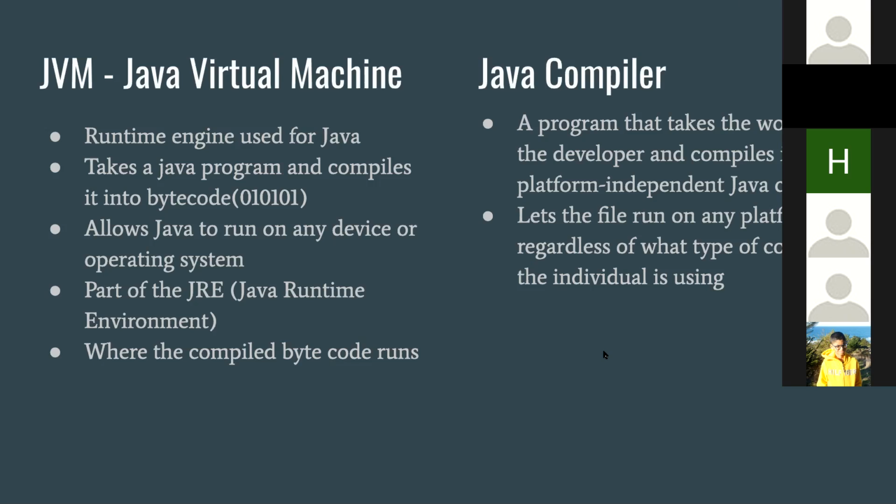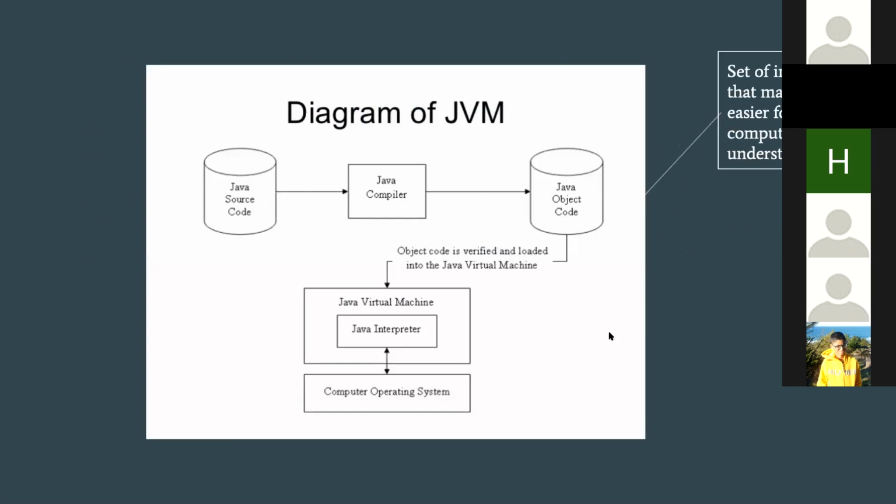Okay, so what the Java compiler does is, since it compiles it into its own Java file, it tells you if anything is going wrong in your program as well. So let's say you wrote something that's incorrect in terms of the Java language, right? Then the Java compiler will be able to tell you that this isn't right. So that's really important for coders to use. Yeah, all right, so let's move on.